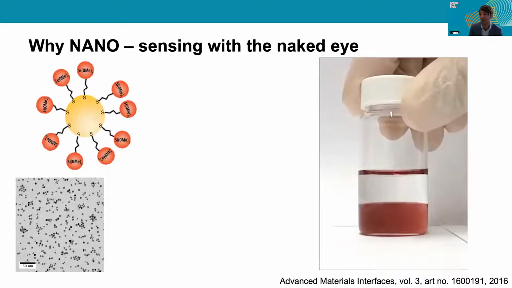Now, what you can see is that the absorbance of the particle changes when they are getting in close vicinity. And this is what is demonstrated here. So you see in the first example, basically we have the nanoparticles in an organic solution down here, which is dichloromethane. And then on top here, this is water. So if we shake this,